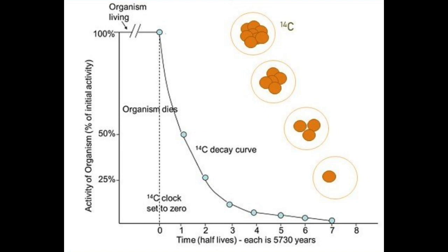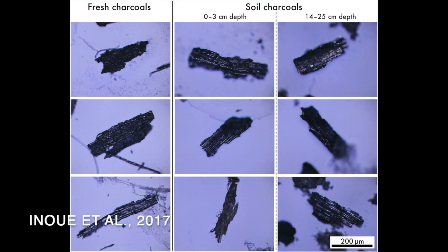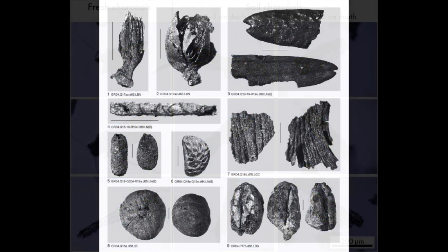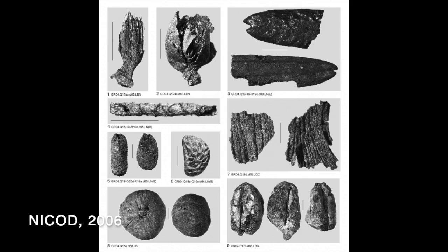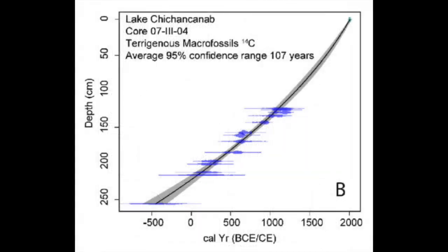And your best tool then is to look for materials that came directly from land plants, because they will be taking carbon directly from the atmosphere. So they'll have the right radiocarbon signature for their age, effectively. So we look for things like charcoal. We look for things like seeds or little twigs. We're lucky in this lake that there's a lot of this material washing in from the catchment. So you can find lots of twigs, lots of leaves, lots of different things. So we have the ability to generate lots of radiocarbon dates. That way we know the age of the sediment. It's not perfect. Usually it can be plus or minus, if you're lucky, 20 years, sometimes as much as plus or minus 100 years or more.